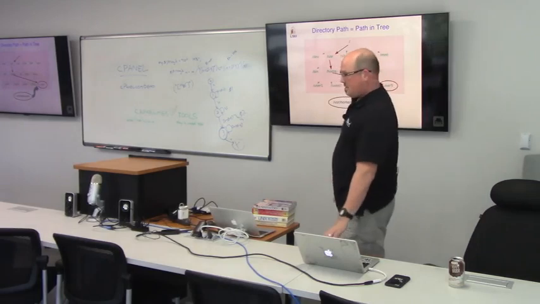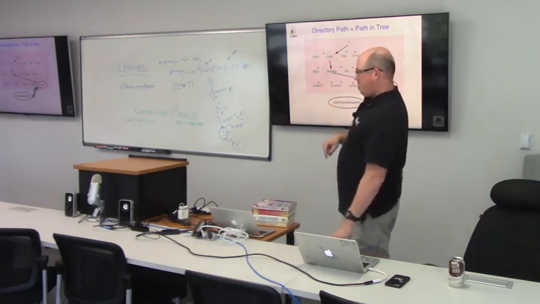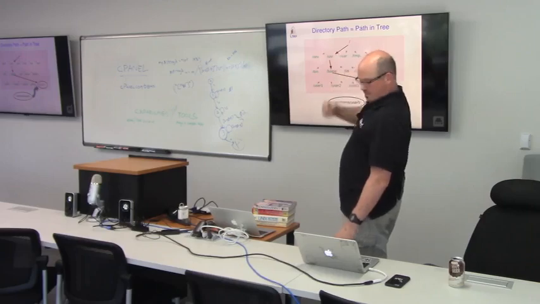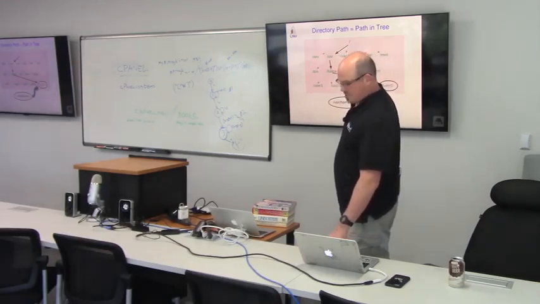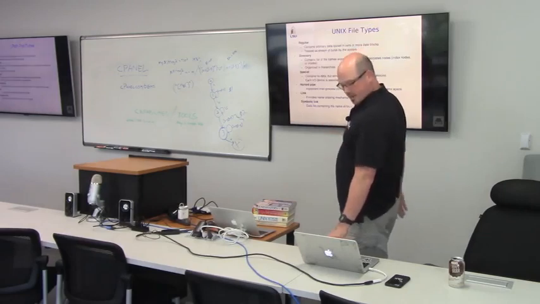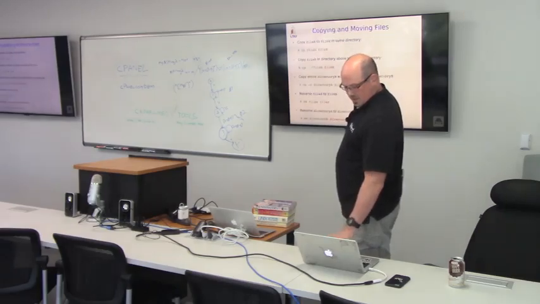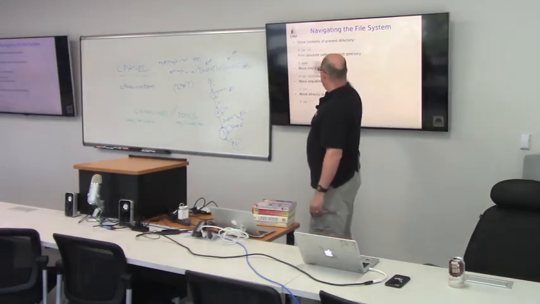So when you see the dots, dot means relative to where you are now. Dot dot means relative to one level up. It's convenient when you're actually typing the command line, but it's not really good to use in scripts and whatnot. Okay. So that's what cd dot dot means, move one level up. But you can have dot dot slash dot dot.